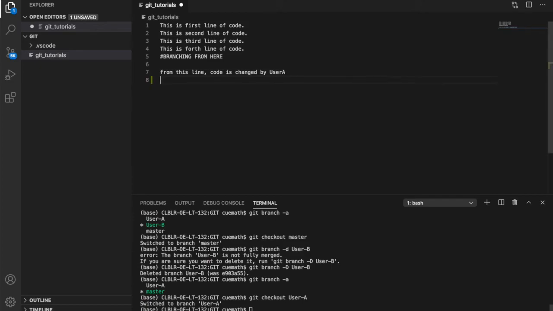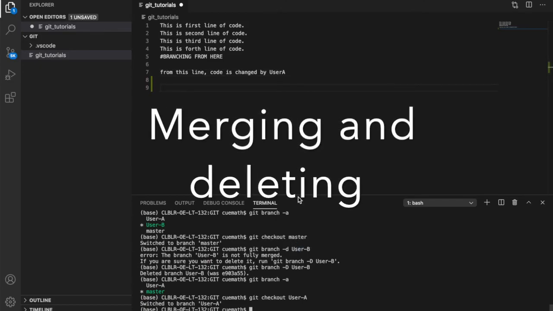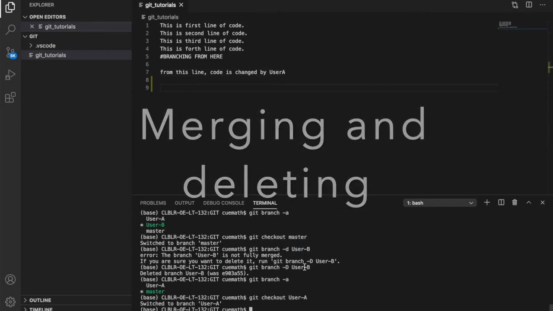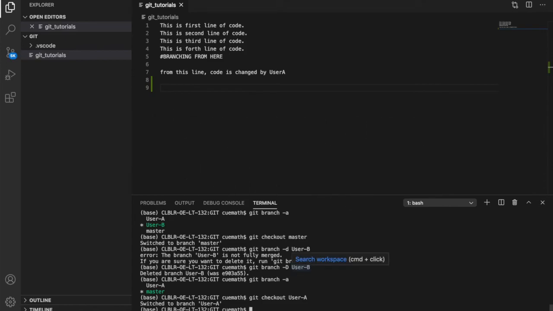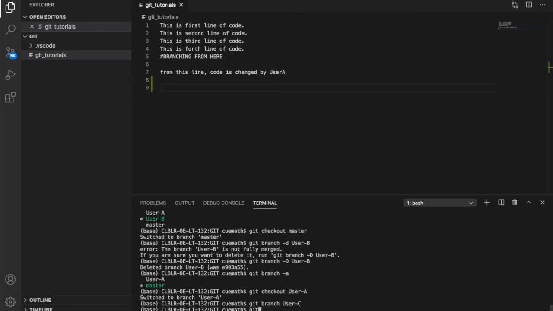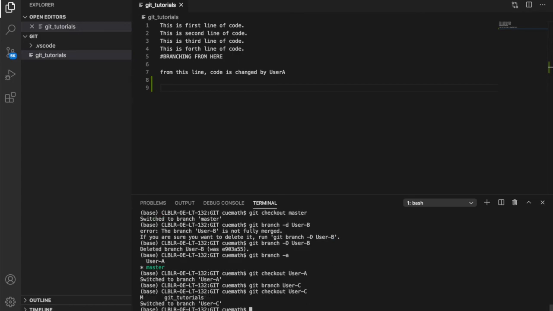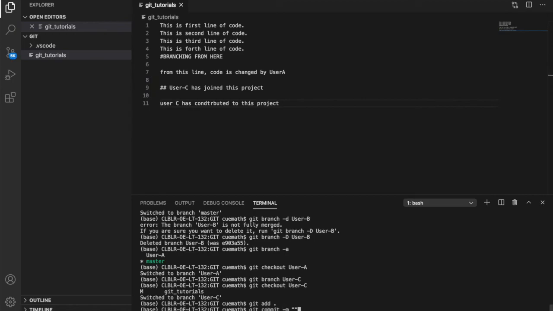Now let us understand a few concepts like merging and deleting. To do that, I'm going to create a new branch, that is user C in this case. Okay, and I'm going to check out to user C. So that means I'm currently in the user C branch, and I'm going to make some changes to this file under the user C branch. Whatever changes I make are on branch C. I'm going to do the same thing, git add dot, git commit and the message that user C has contributed